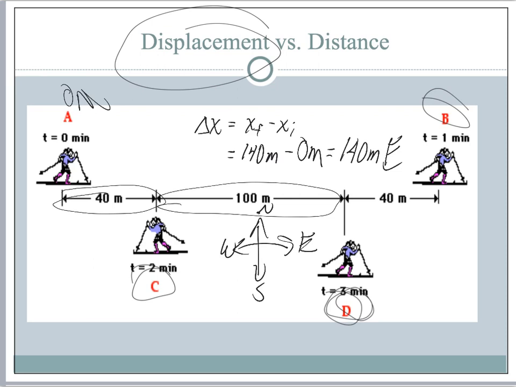Or you could use Cartesian and say she was traveling along the x-axis. And if she was traveling along the x-axis, it looked like she went along the x in a positive direction, so we could say positive 140 meters was her displacement. Or we could just say she's traveling to the right. And I could say 140 meters to the right. All those would be acceptable for saying that that was her displacement.